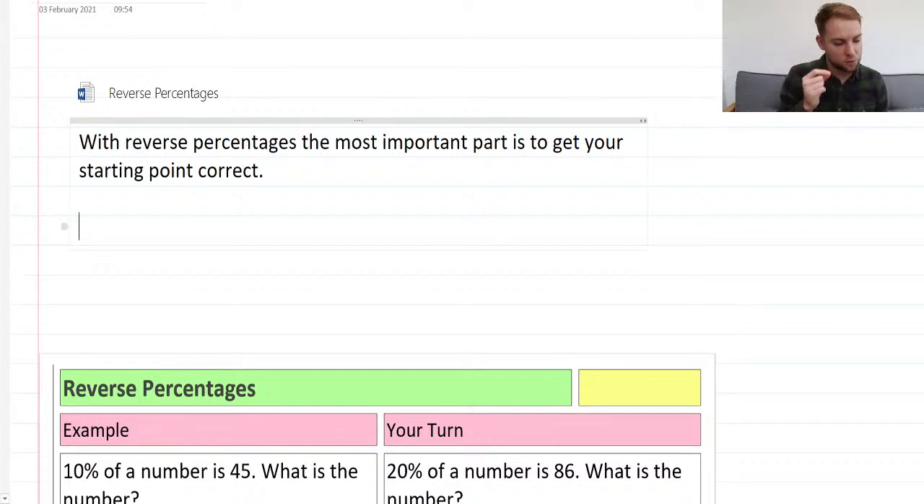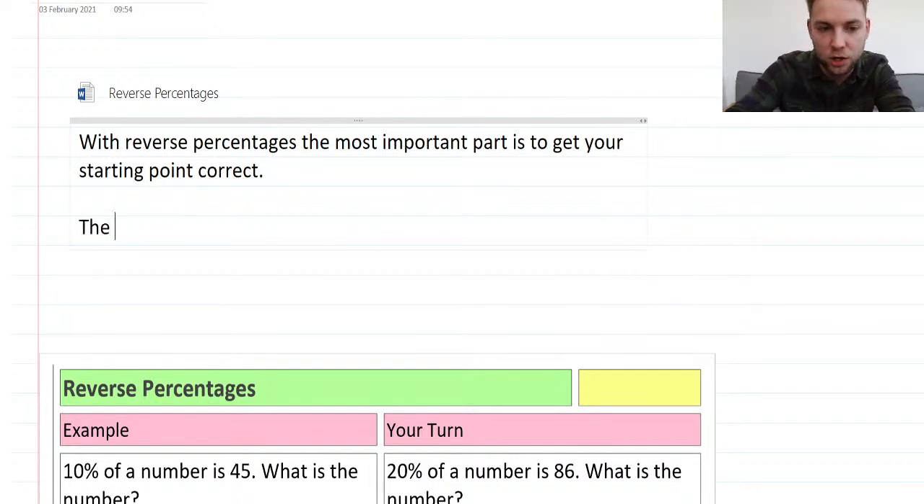Now, this is also an important question part. When we're doing reverse percentages, usually, well, not with these first two, but usually you're looking at past tense. So they're always asking the question, what was my original amount, or what was the money before? So let's just write that down. It's not all of them, but we'll say the majority